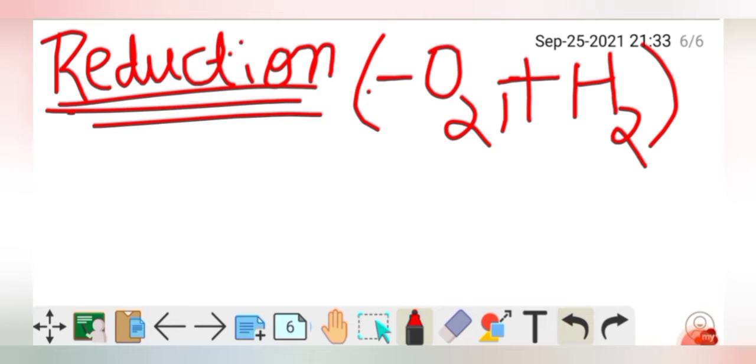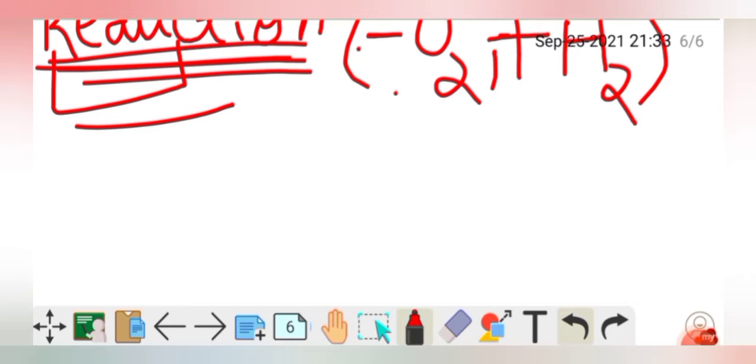So you can learn it like this also, or you can learn this as reduce. Something is reducing, so oxygen is reduced here, and in oxidation oxygen is oxidized. By the name itself you can understand it. So addition of oxygen in oxidation, and here reduction of oxygen. It's so simple, you might have studied it in your lower classes, but I'm explaining it because it's in 10th class and from the exam point of view. We'll go through examples of reduction again so that you can understand it more clearly.